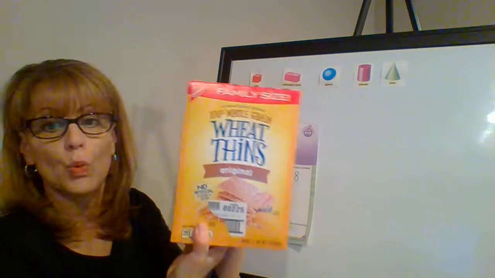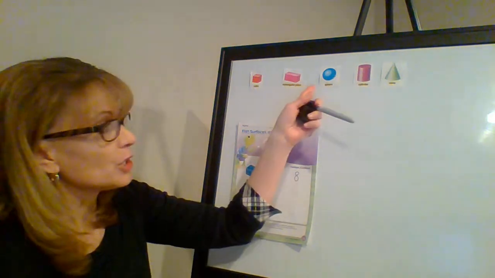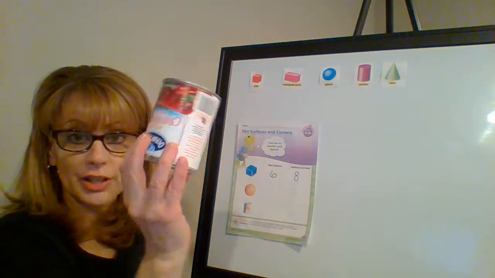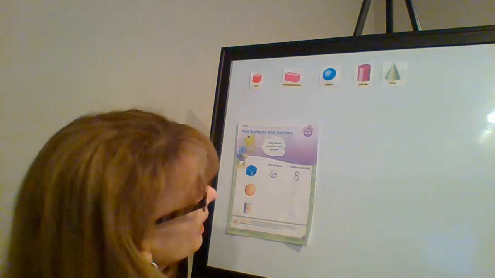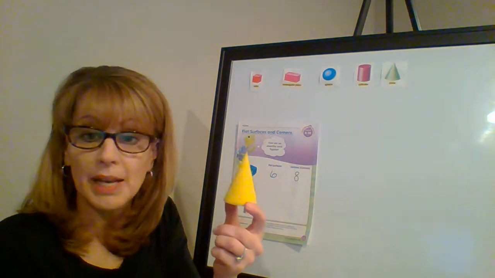Remember I showed you my Wheat Thins box being a rectangular prism. We talked about a sphere, which is every ball that you have. We talked about a cylinder, which is all your canned foods. And we talked about a cone, which would be your ice cream cone, maybe a birthday party hat, if you